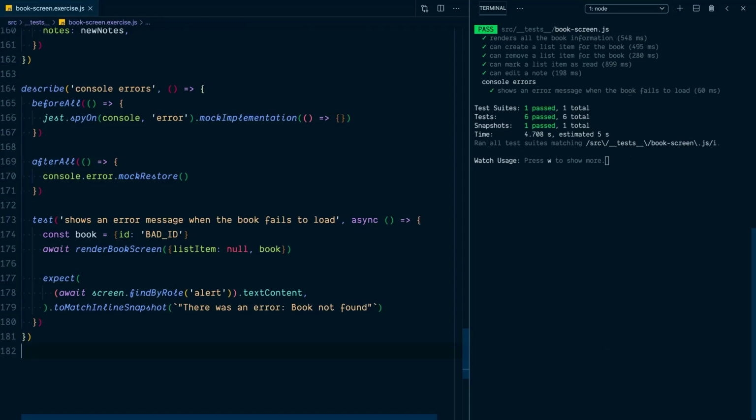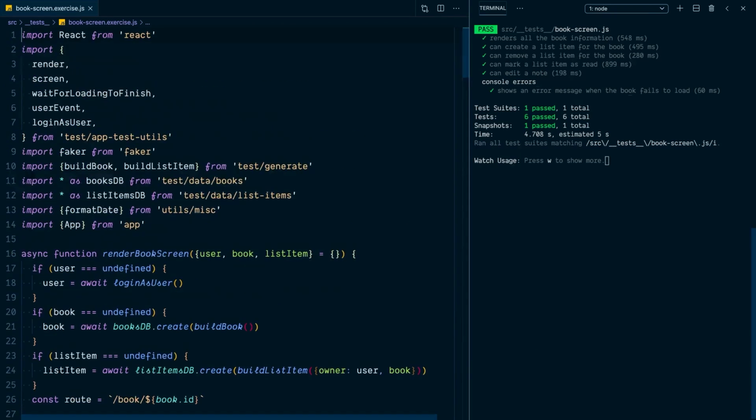Now, what happens if the server has some sort of problem? It sends a 400 response or a 500, or there's something wrong with the server when we try to request the list item, for example. Well, to do that, we're going to need to handle the request a little differently from the default handling that